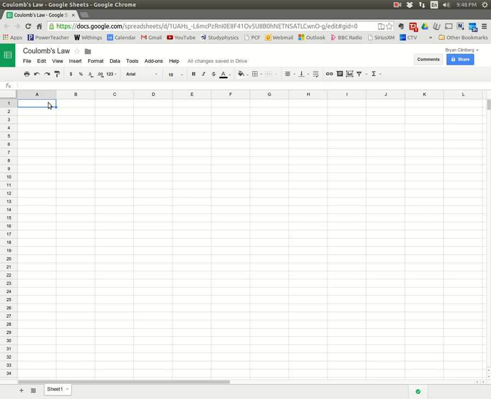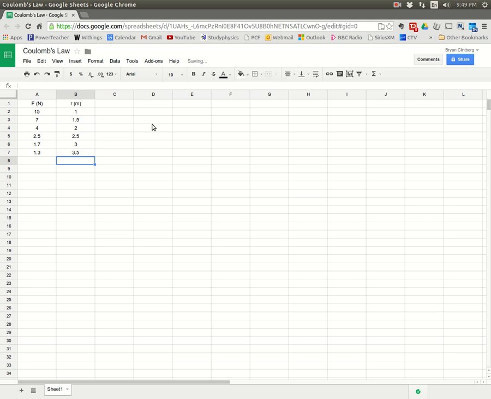Now what I'm going to do is put in a set of make-believe data that I've got here, and I'm going to specifically label my columns just so that later on, if I choose to put this data into a document, I can use it pretty much as is and use it as the observations table that I've got or something like that. So I'm just going to put in these numbers, and just remember I'm not just pulling these out of the air. This would be some actual data that maybe I've collected while doing an experiment. So I've got the force measured in newtons, and then I've got the distance between the two charges that I'm looking at measured in meters. So I'm just going to get all of this put in